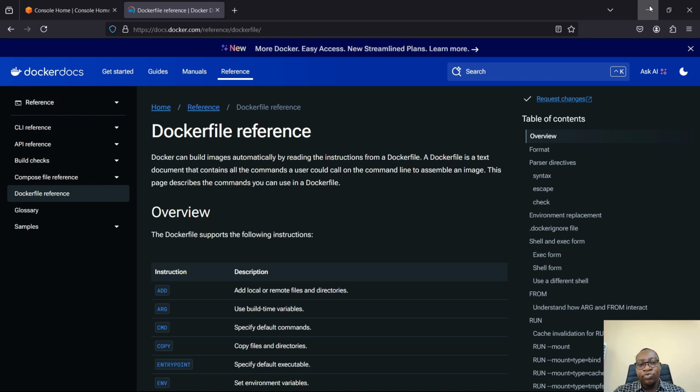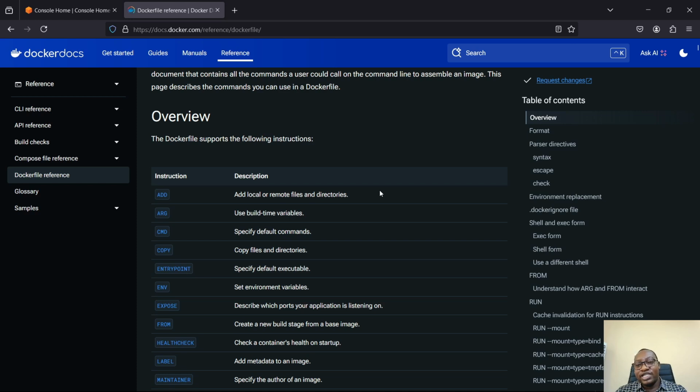Now, today we want to look at Dockerfile in depth. And we want to look at some other keywords in Dockerfile, some that we have used, some that we have not used, to basically help us understand some of the keywords, what they mean, when to use which one. And just to give you an understanding of what the keywords that you see in a Dockerfile basically represent. And in addition to that, we are also going to be looking at what you call a multi-stage